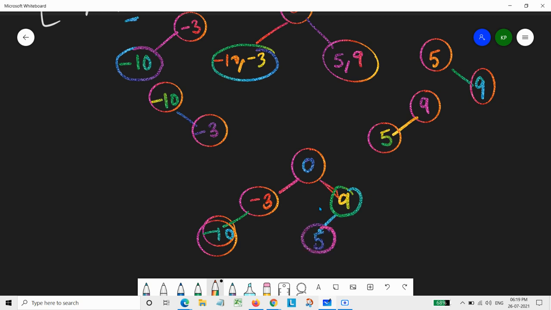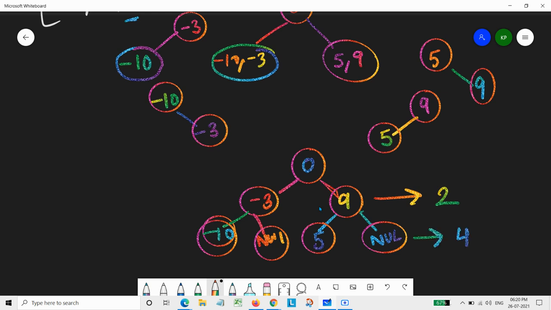So here also it is a height balanced binary search tree, because here we have null and here also we have null. Basically it has the same number of nodes at the same height. Here there are two nodes and here there are four nodes, meaning two in this and two in this subtree.